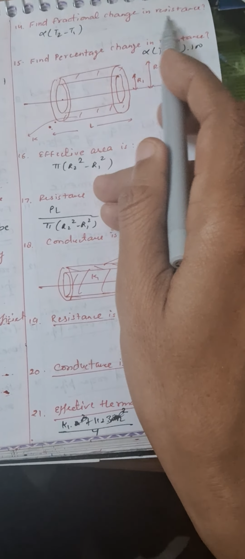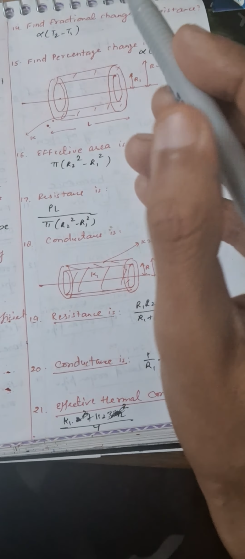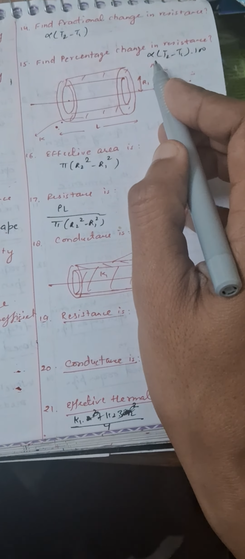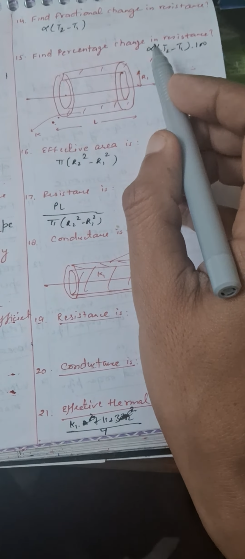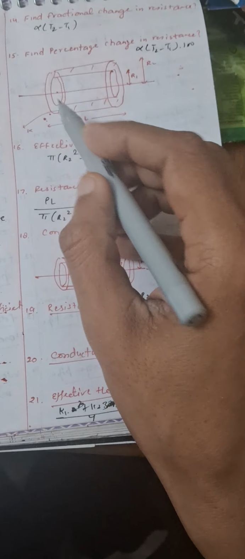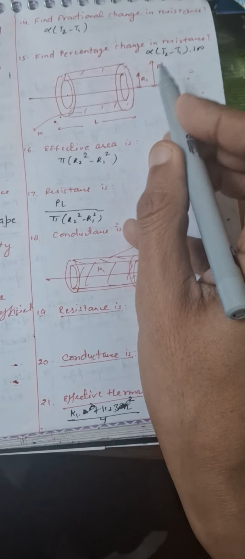Next is fractional change in resistance. So that is the ratio of change in resistance and R1, which will be alpha into T2 minus T1. Next is percentage change in resistance. So that will be fractional change into 100. Next, we are given a cylindrical shell having inner radius R1 and outer radius